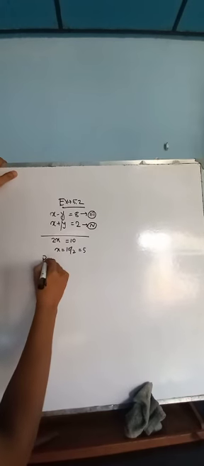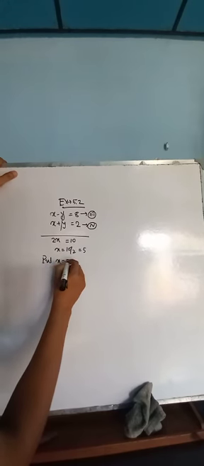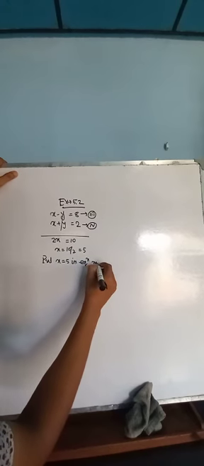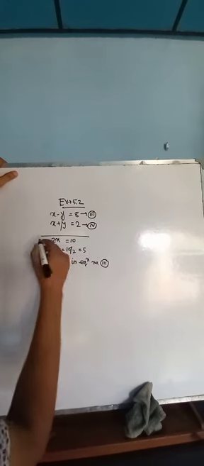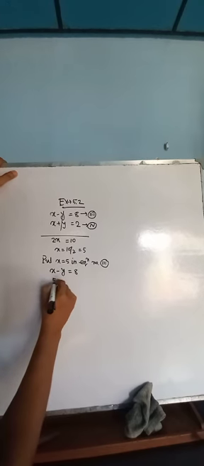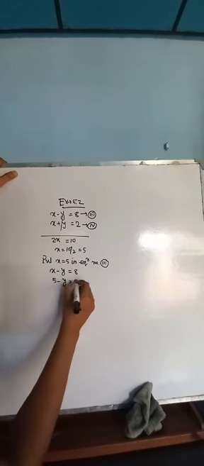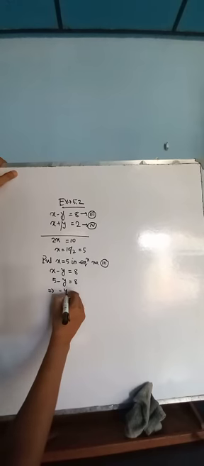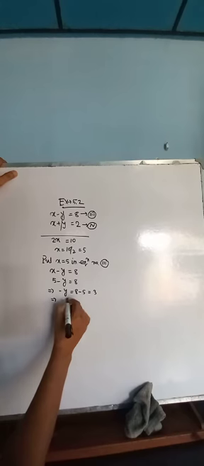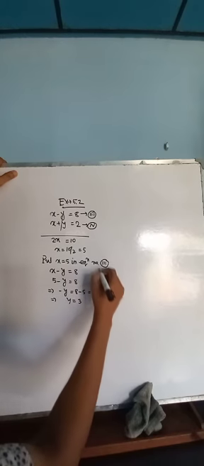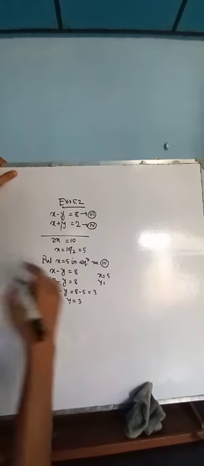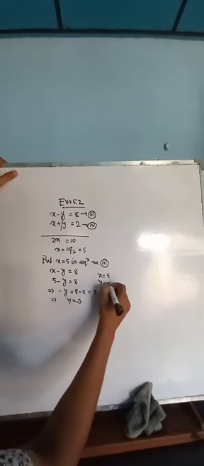So put x is equal to 5 in equation number 3. So x minus y is equal to 8. The x value is 5, so 5 minus y is 8. Now minus y is equal to 8 minus 5, that is 3. So we can write the y value is 3. So whatever the previous value, the x value is 5 and the y value is whatever you can get, minus 3.